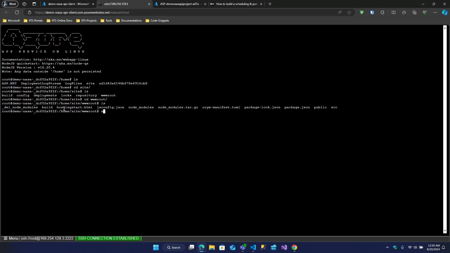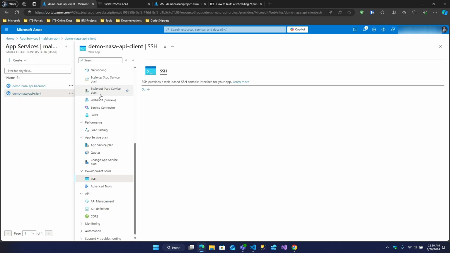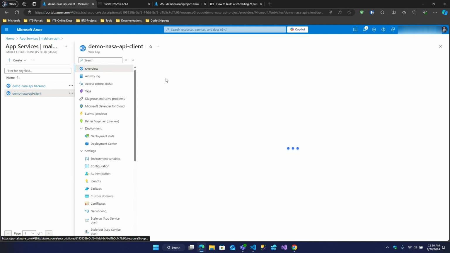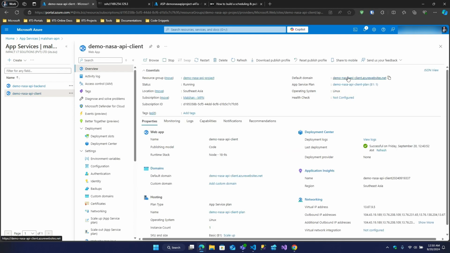I have build, configuration, node modules and our source folder. If I go to our source folder, you can see my implemented files are there. So we can say the application is deployed into our app service. If I go to the overview of our app service, then click on my domain, which was given to me by the app service,